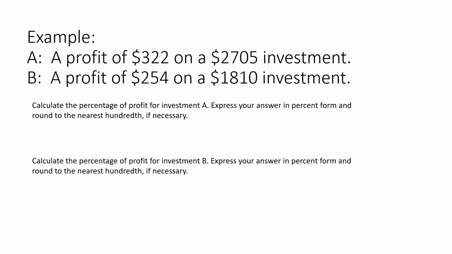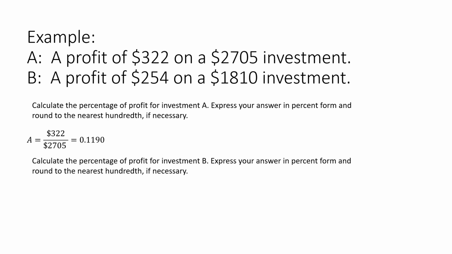Okay, let's look at a profit and an investment example. We're going to calculate the percentage of profit for investment A. We want to express our answer in percent form, and we're going to round to the nearest hundredths place if necessary. That's 2 places after the decimal. So first thing I'm going to do is I'm going to set up my fraction. I'm going to put my profit of 322 over the total investment amount of 2,705. I'm going to use my calculator to get a decimal, and since I am going to be rounding later, I do want to make sure that I include enough places after the decimal. So I got